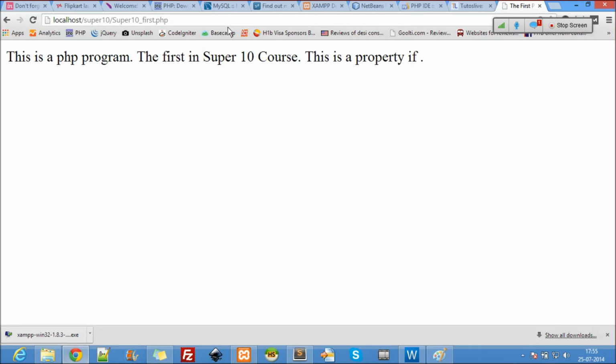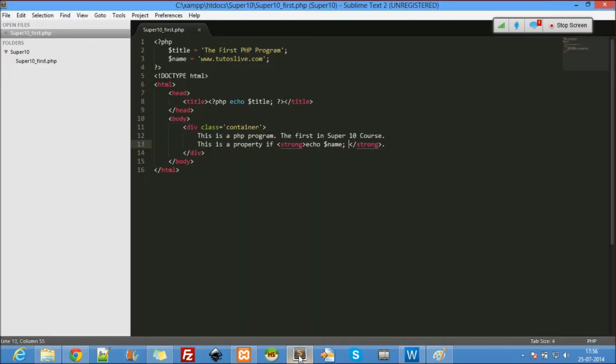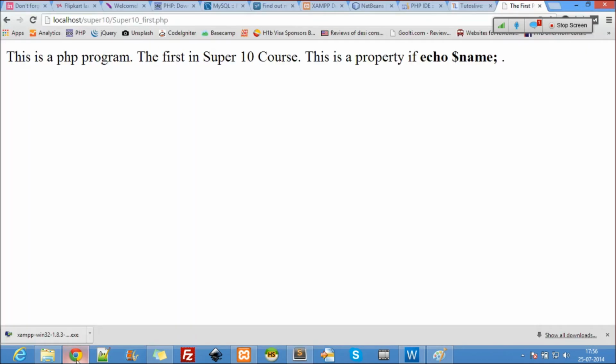Let's see what happens if you forget that. You see that? It did not process because there is no PHP tag. This is the second mistake freshers, or amateurs as I call them, make. You're not supposed to make that mistake. Just keep in mind that you will make mistakes, but always try to minimize the number of mistakes you make.